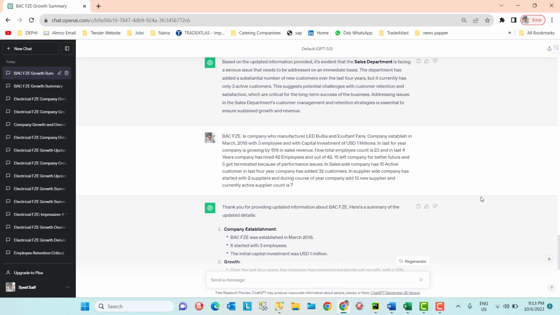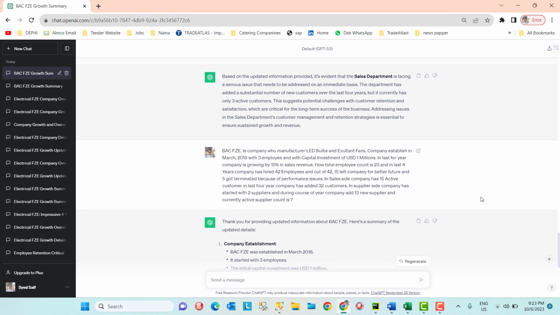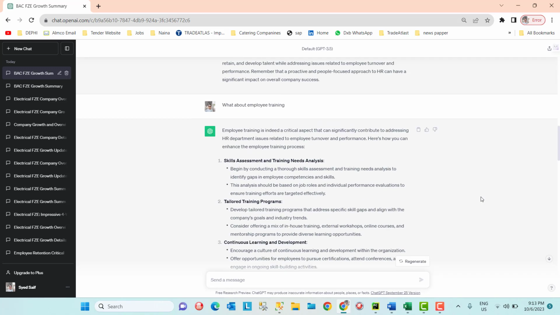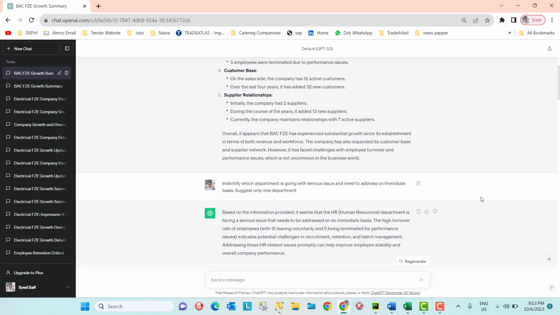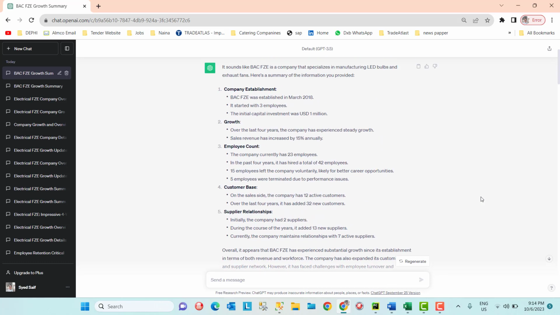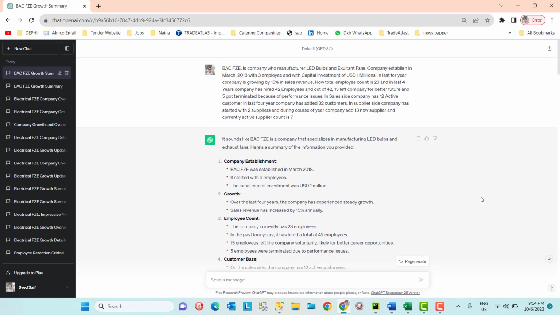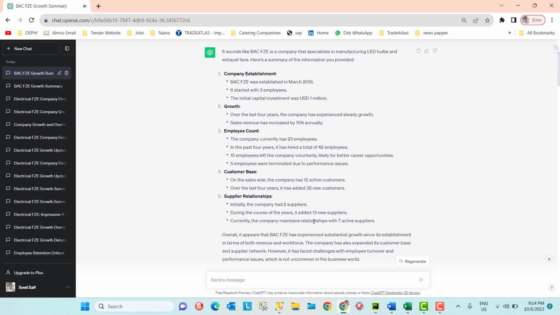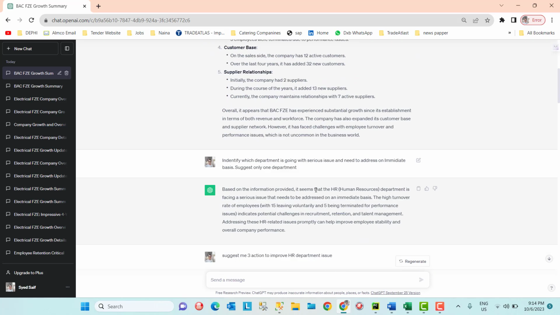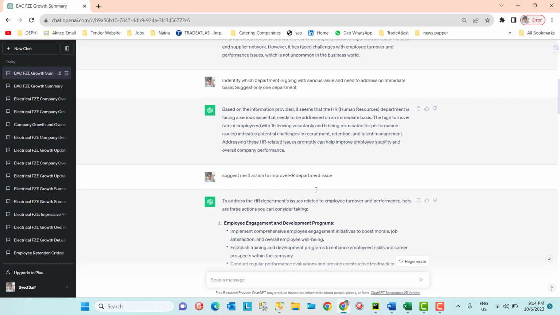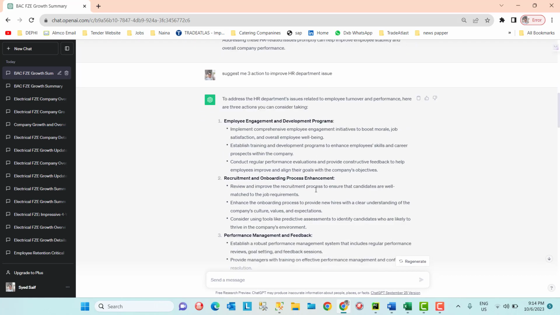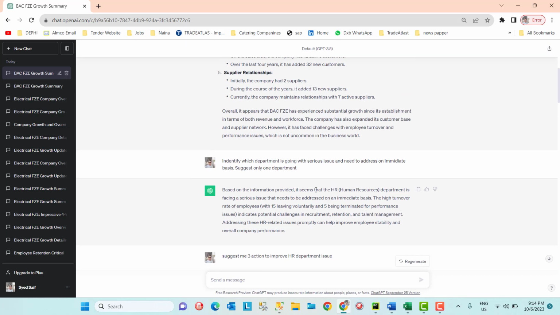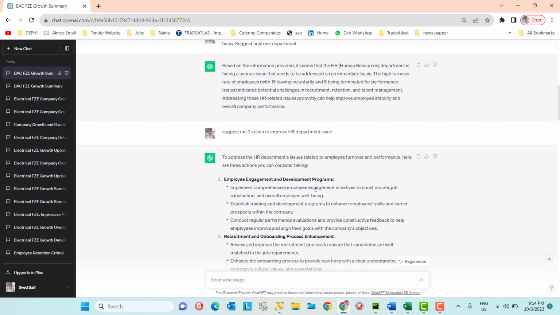Okay, it's not a bad scenario. 15 was there, and if you see the above one, what was our total employee count, you can understand the difference, how it's happening inside the memory. So see, we have 12 active customers out of 32. Then it identified the employee department is the most important. The HR department is the most critical department.